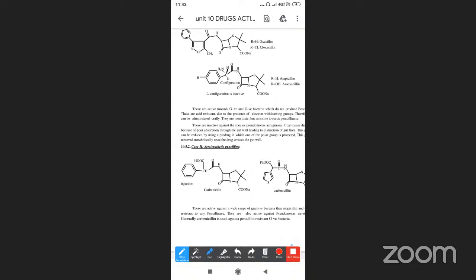Generally you see here both L configuration and D configuration, both are isomers only, isn't it? Only thing is they are differing with the location, right? The location of the groups, the orientation of the groups only. Both have the same molecular formula, same groups, same atoms, right? Same number of carbons, same number of hydrogens, oxygens, everything is the same. Only thing is the orientation of the group differs, where in the D configuration the amino group is